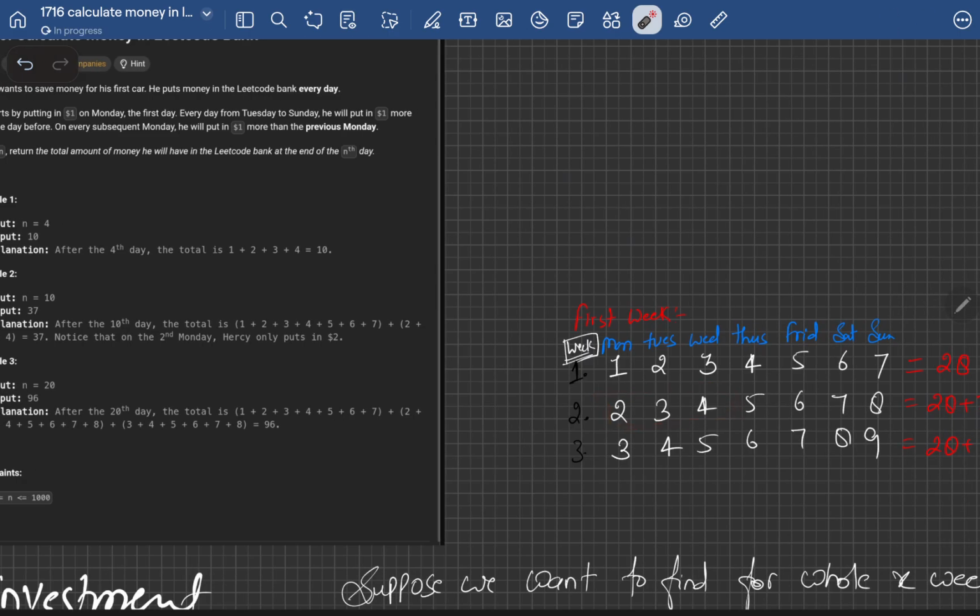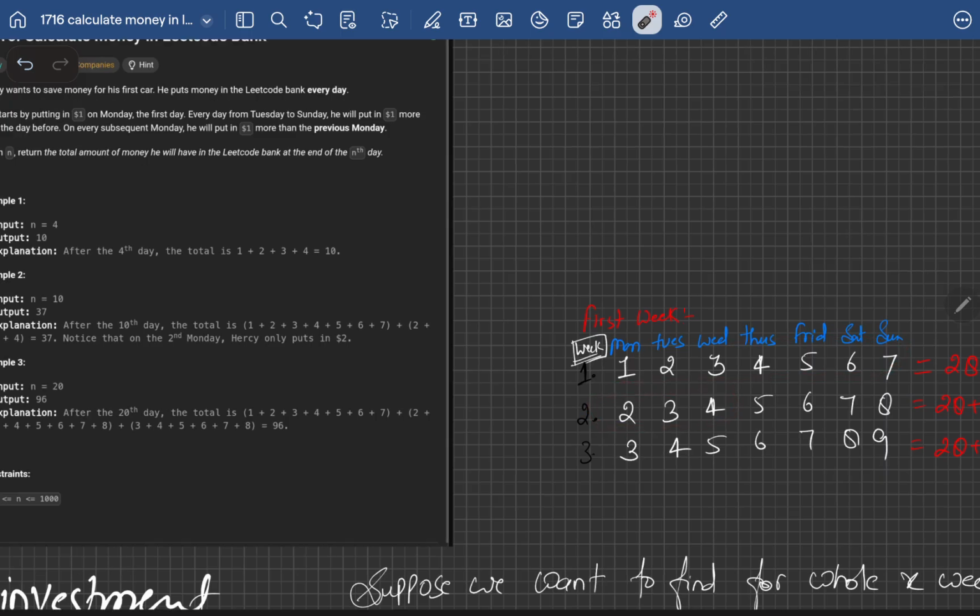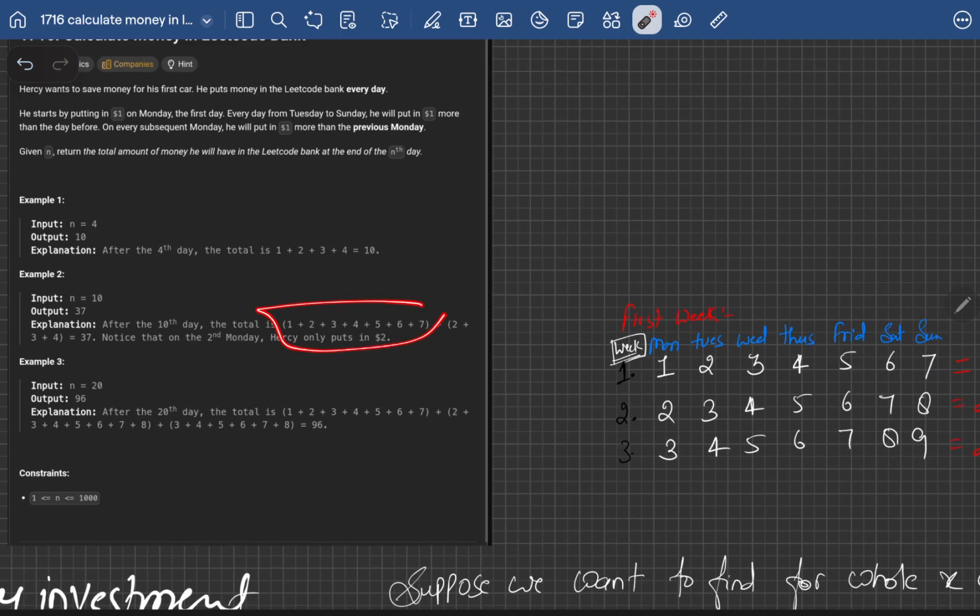Okay, 7 days, 8 days, 9 days, 10 days, and then on the 10th day he will have a balance of the whole week plus 2 plus 3 plus 4. So it will be 37. Whole week plus 2 plus 3 plus 4 is 37. Okay,